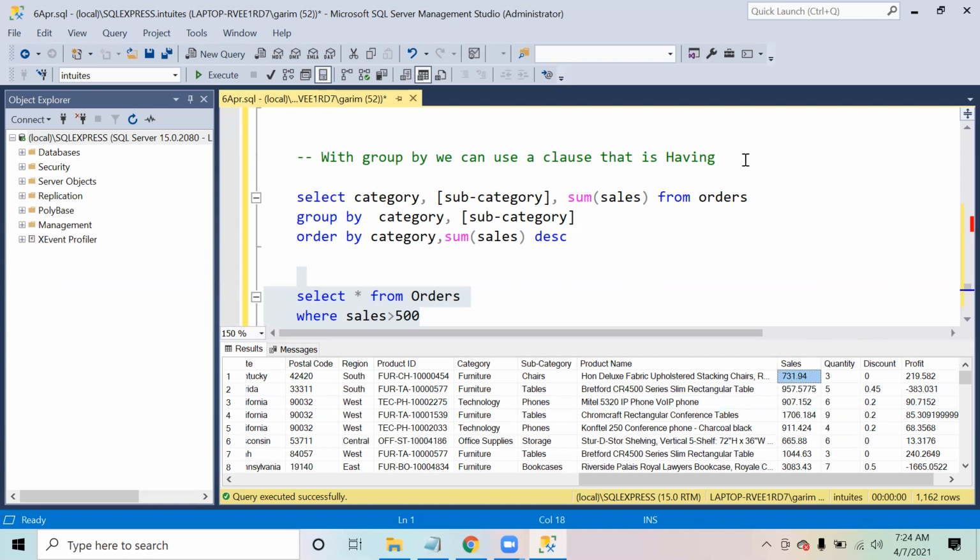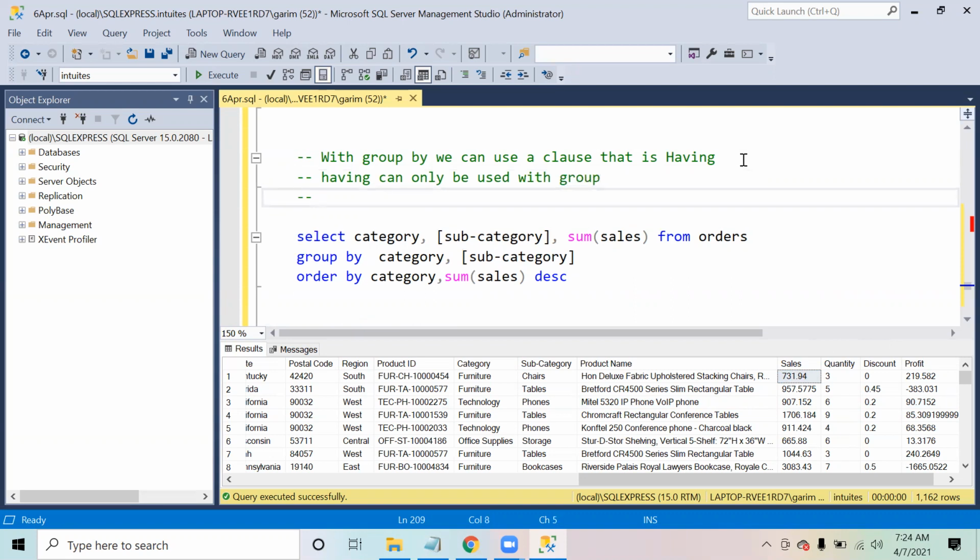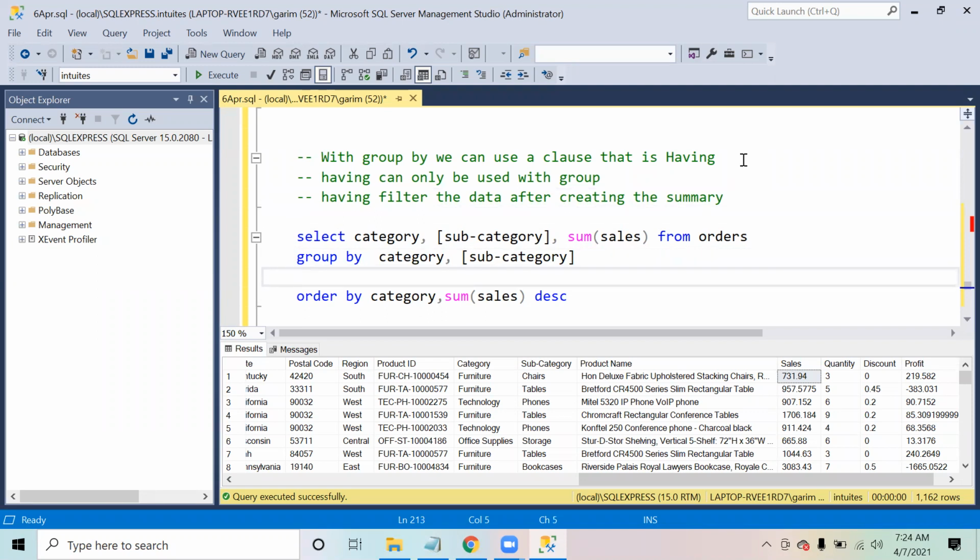But HAVING is something that can be used only with GROUP BY. What it does is filter the data after creating the summary. After the summary is created, after that it is going to filter the data for us. So HAVING filters the data after creating the summary. Now if I say here group by category and subcategory, having,